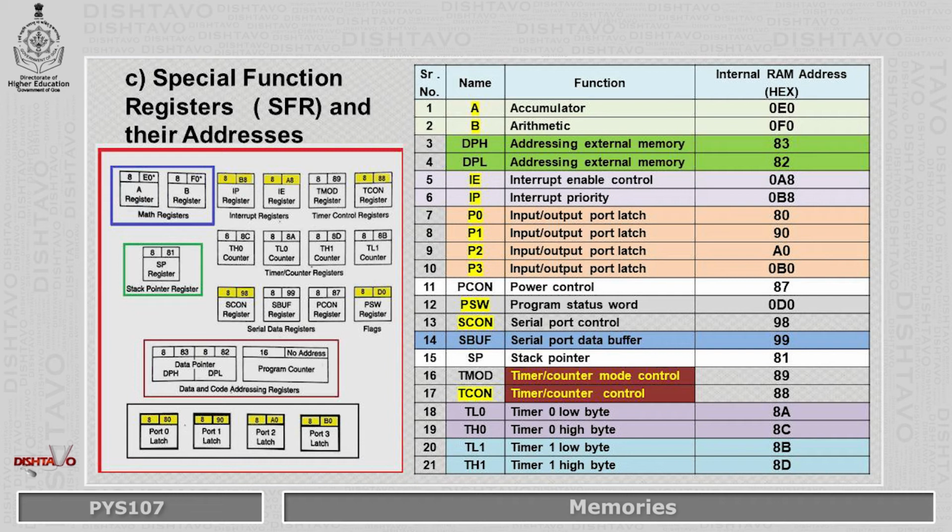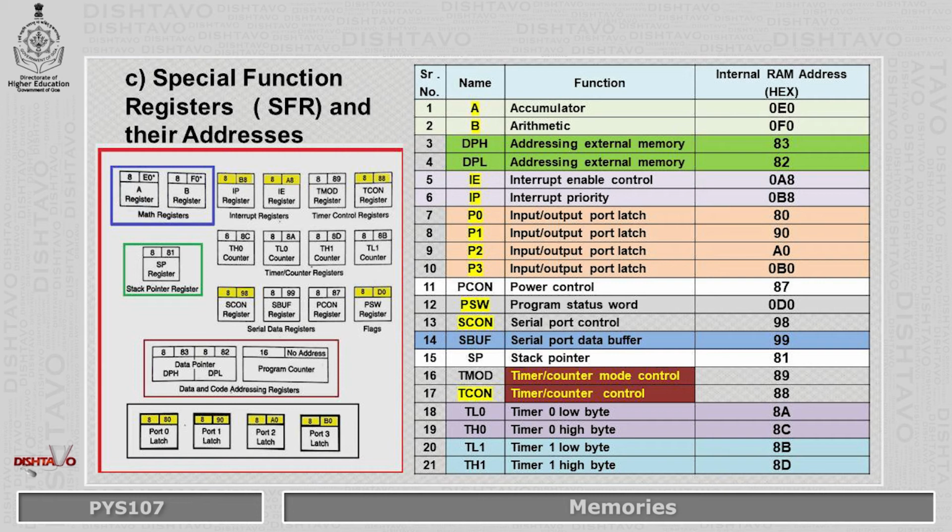Next we have, below that at serial number 3, the data pointer, DPTR register. The DPTR register is made up of two 8-bit registers, namely DPH and DPL. H stands for higher and L stands for lower, which are used to furnish a memory address for internal and external code access and external data access.